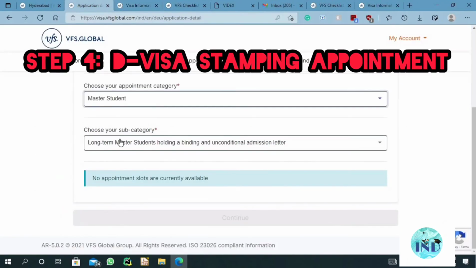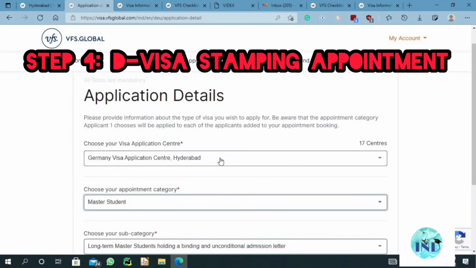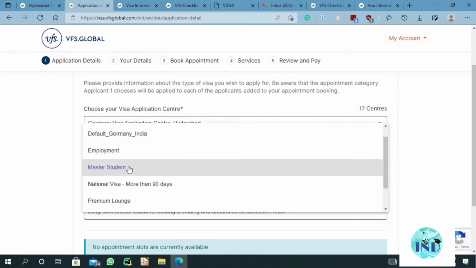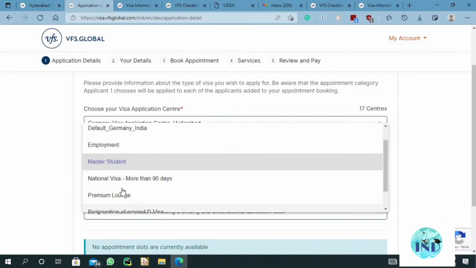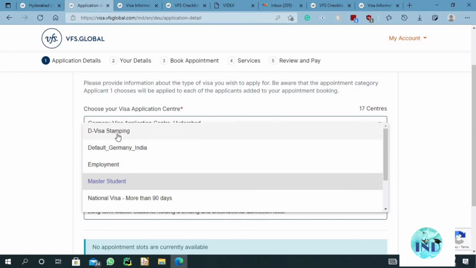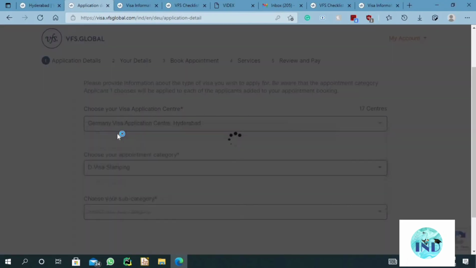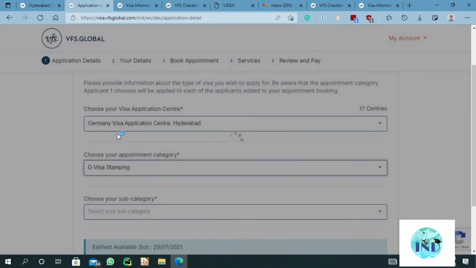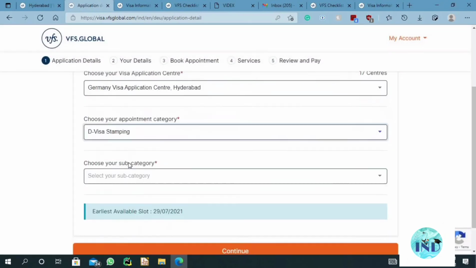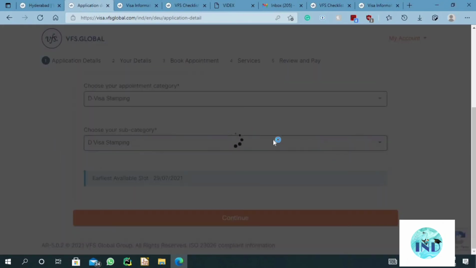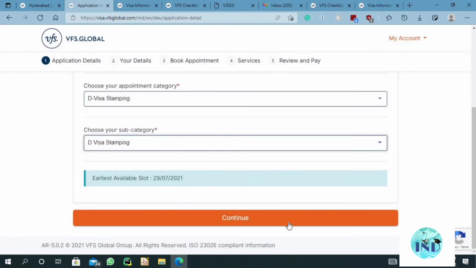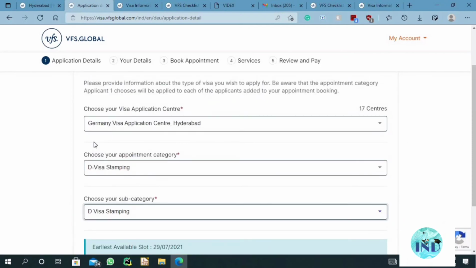I will show you that. When you are signed in, you can change the category, not master student, but the second time it's the D visa stamping. Here you can select the subcategory and then continue and book another appointment for your D visa stamping and get your stamped visa.